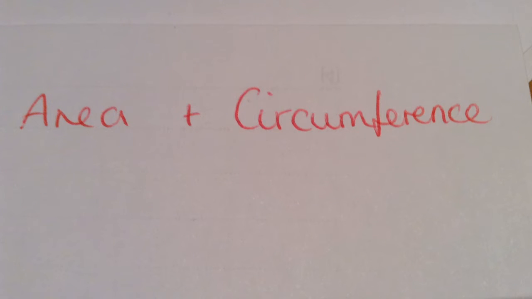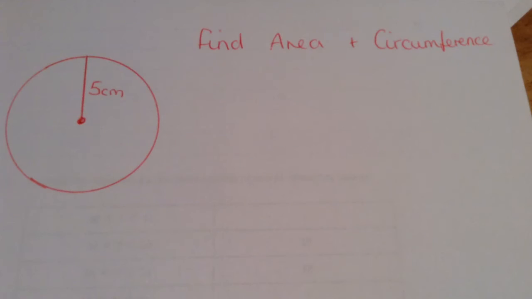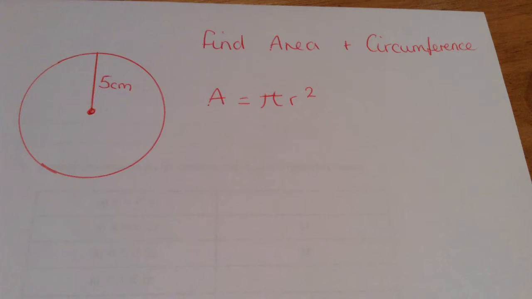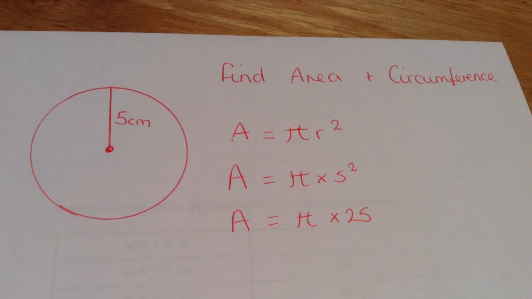Area and circumference of circles questions. So in this first example, we're looking at a circle where we've been given the radius of 5 centimetres. To find the area, we use the formula area equals pi r squared. We know that the radius is 5, so we're going to do area equals pi times 5 squared, which is